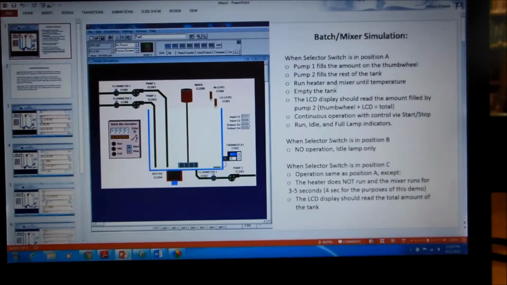And then we run the heater and the mixer until we come to our temperature here. So we have mixer, heater. And then we empty the tank with pump number 3. The LCD should display the amount filled by pump number 2, which is the total amount that we pump out, minus the amount that we put in from pump number 1. So it's total minus thumb wheel equals LCD when we're in position